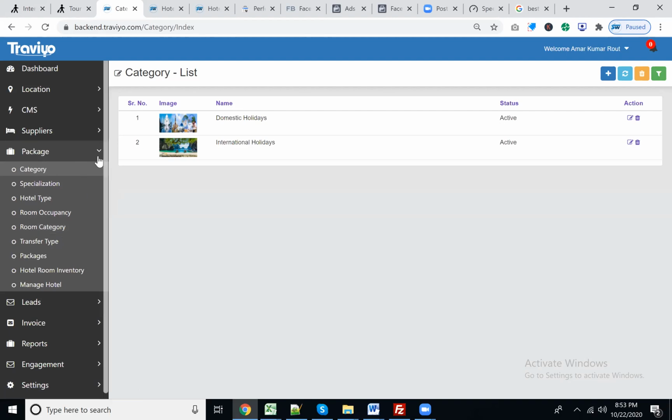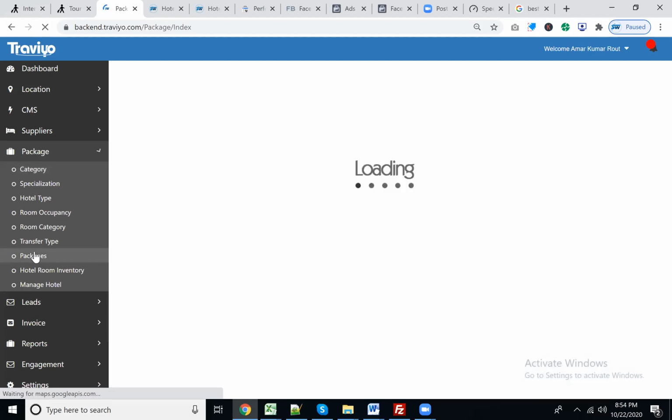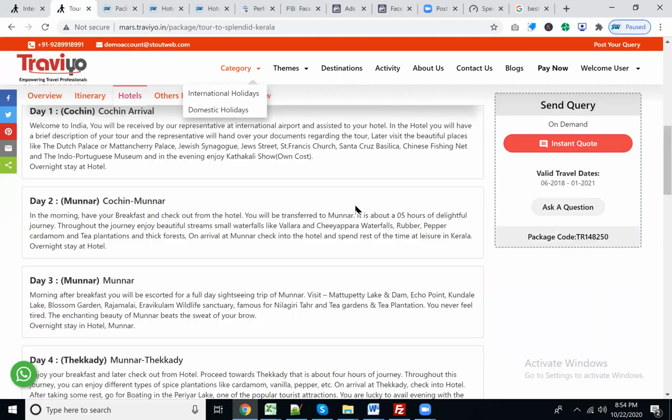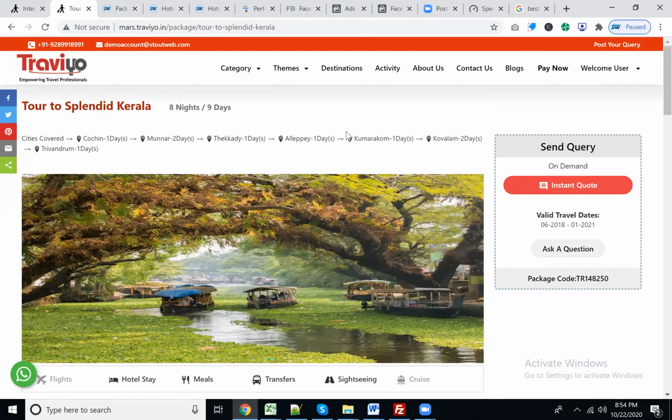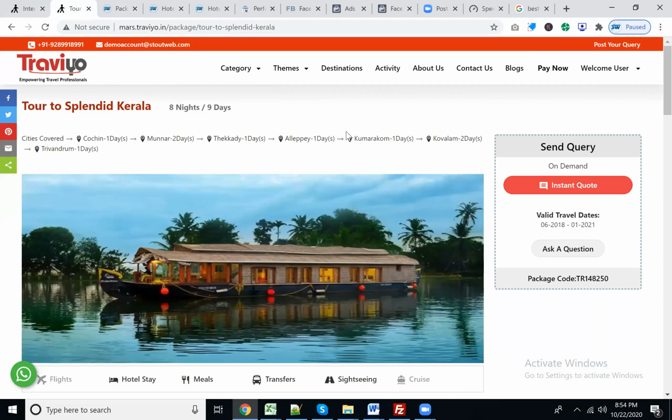So I believe everyone is now aware of how to update the package, what exactly the URL structure is, what the benefits of the categories are, what the specialization is and how it appears on the website, how you create a member and assign role permissions to that member, how you upload a package to your website, and how the package appears on your website. I have tried my best to explain the basic concepts of the Google SEO friendly dynamic settings, package upload part, each and everything.